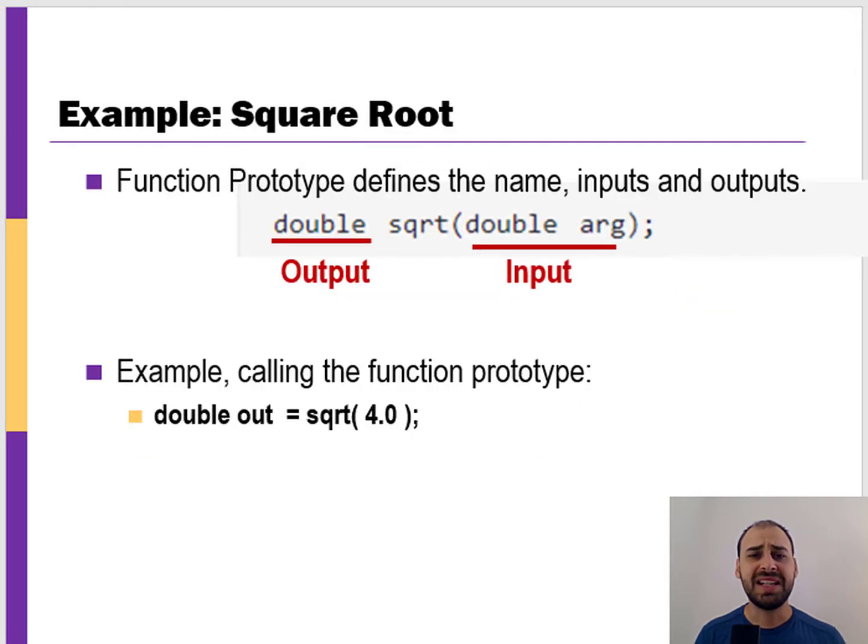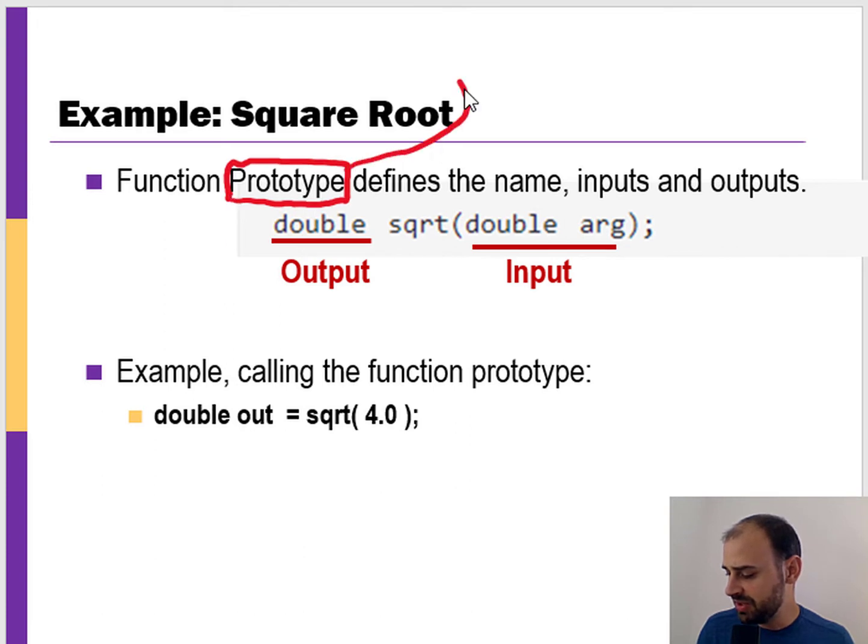So let's look at an example of a function, and we've already used these. We're going to learn how to build them, but first, let's take a look at something that we may have already used. Here we have something called the square root function, and let's look at what is defined as a function prototype. This name prototype, sometimes you do see it written other ways. Sometimes you refer to it as a header,